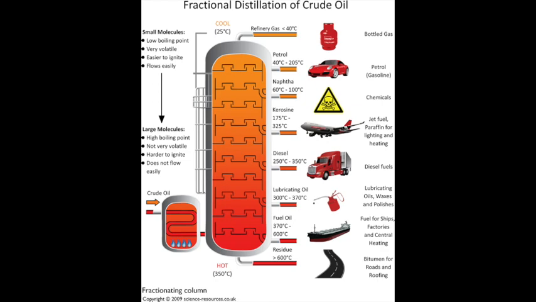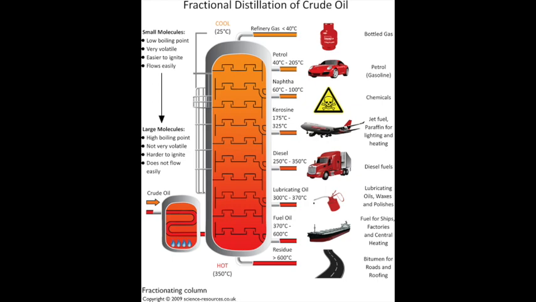Then at around 40 to 200 degrees, we have gasoline, which is produced to fuel cars. Then at around 60 degrees, we have naphtha, which is used in plastic production, textiles, and drugs. Then at around 175 to 250, 300 degrees, we have kerosene, which is used to fuel planes. Then, heavier, we have diesel, from around 250 to 300, 350 degrees, which is used in most cars and